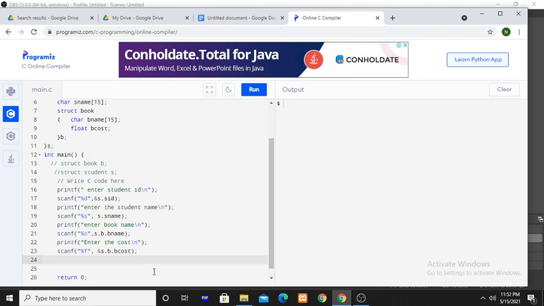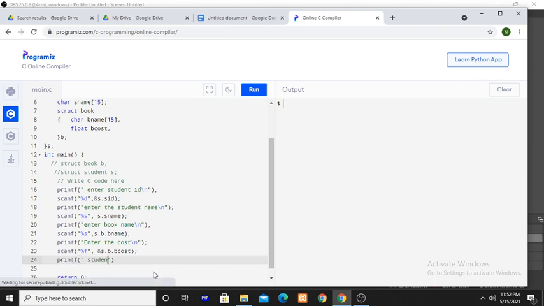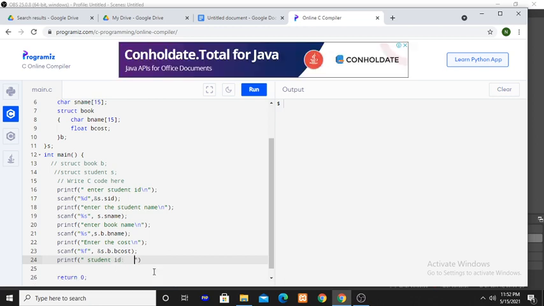Okay. Now display the details. Printf student ID, s dot sid. Student name.